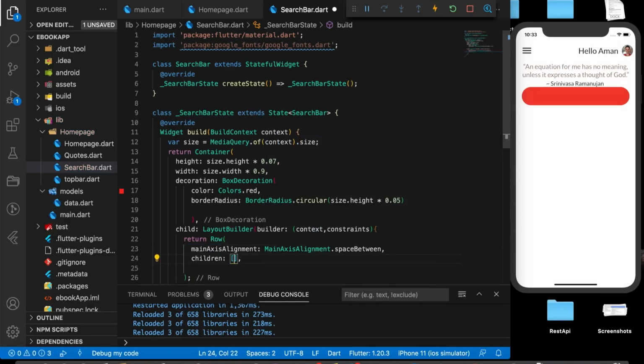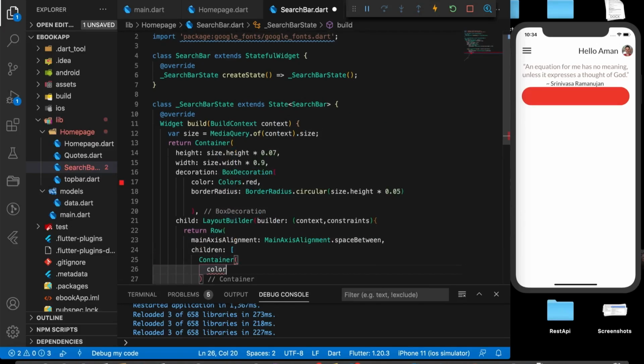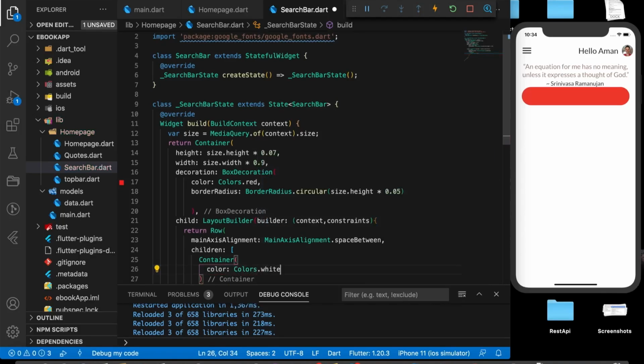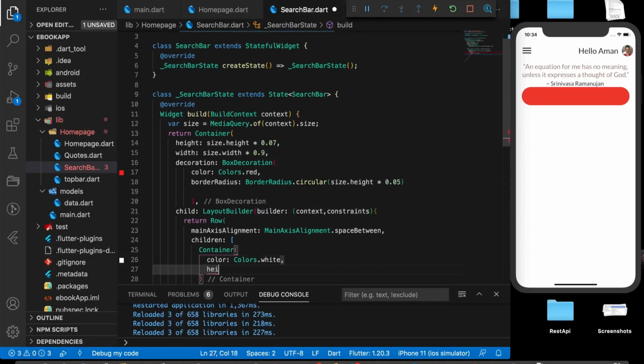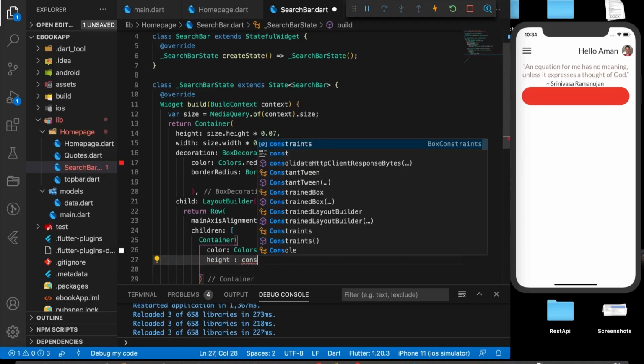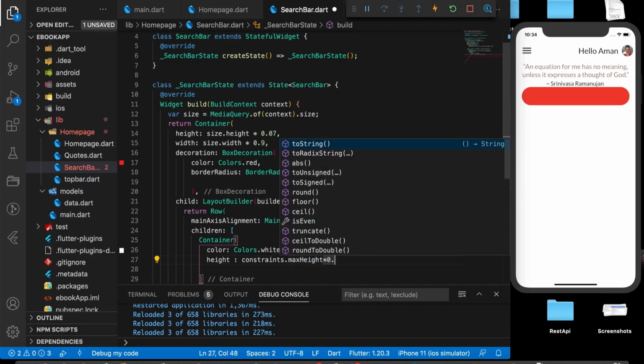Inside the layout builder, provide children. First we have to contain an icon. Let's provide colors dot white. Let's save it after giving some height. Given the height,